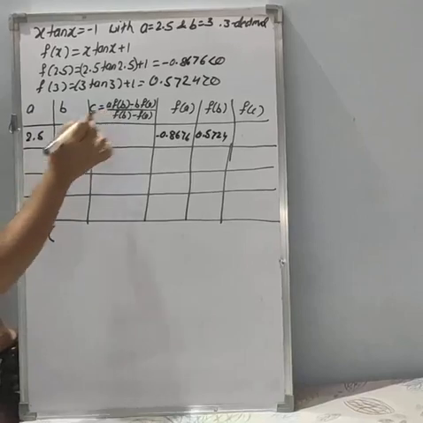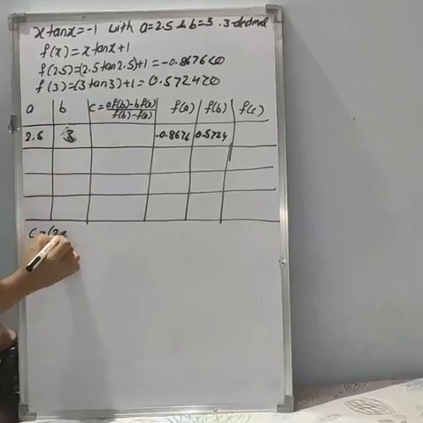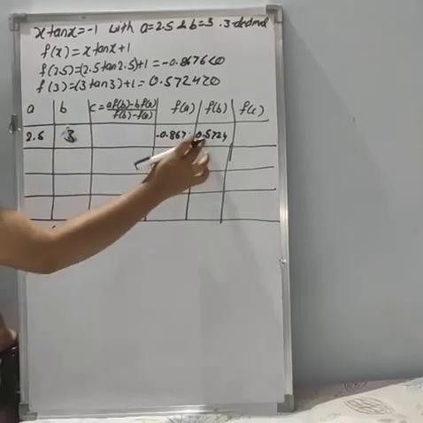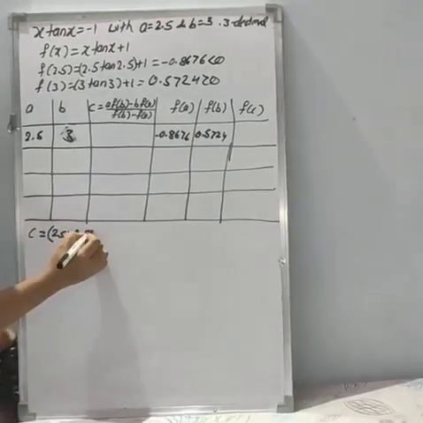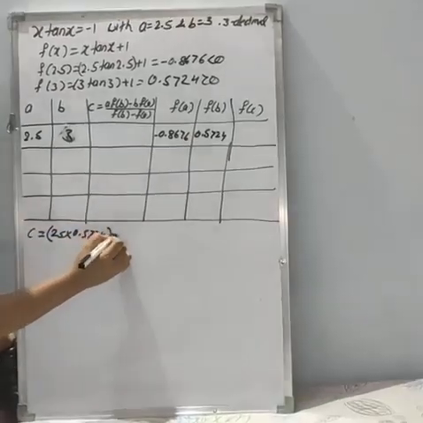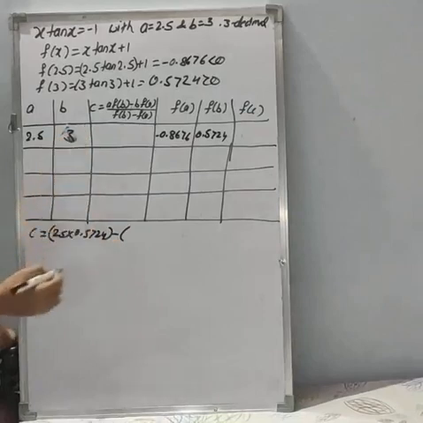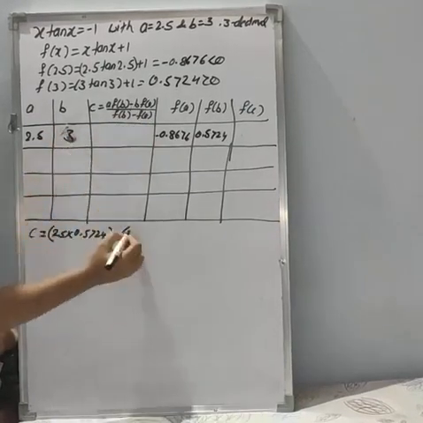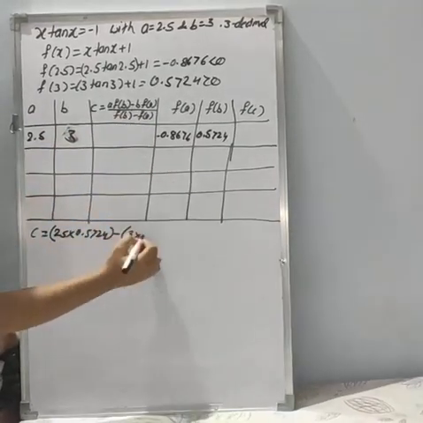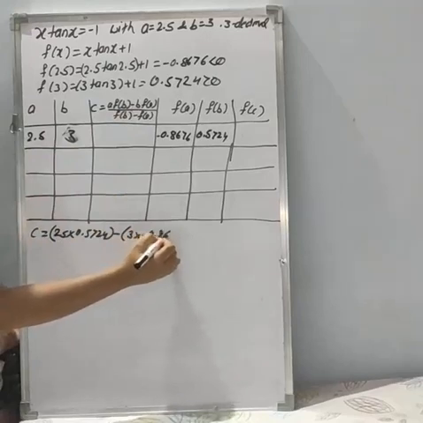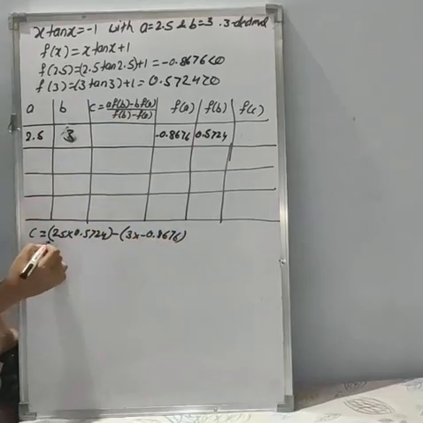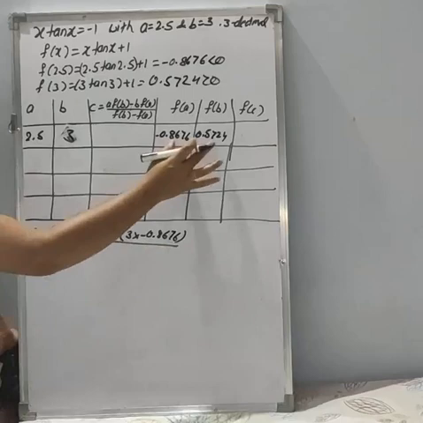So a is 2.5 into f(b), which is 0.5724. Complete the bracket, then the minus sign. Next, b into f(a): b is 3 into f(a), which is -0.8676. Complete the bracket,